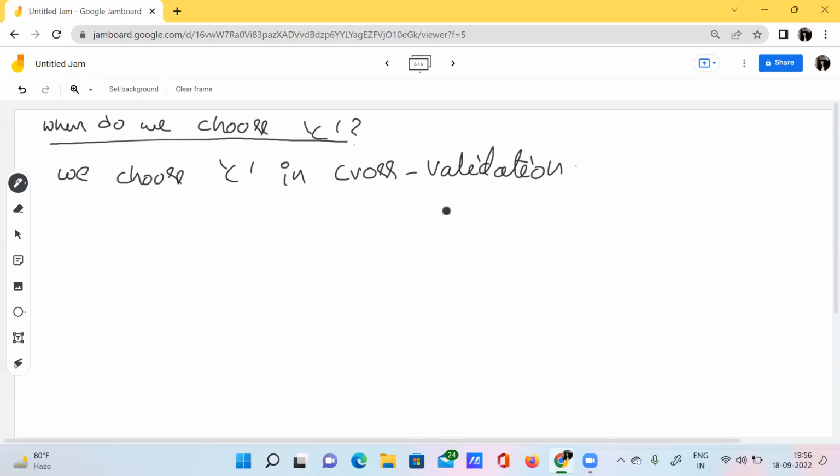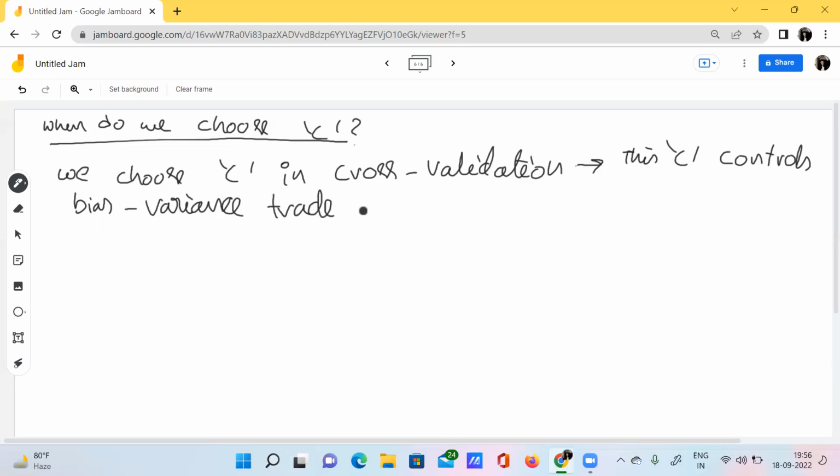So what happens? This tuning parameter C controls the bias-variance trade-off. It can be controlled by this particular tuning parameter C. How do we do that? What does this bias-variance trade-off actually mean?